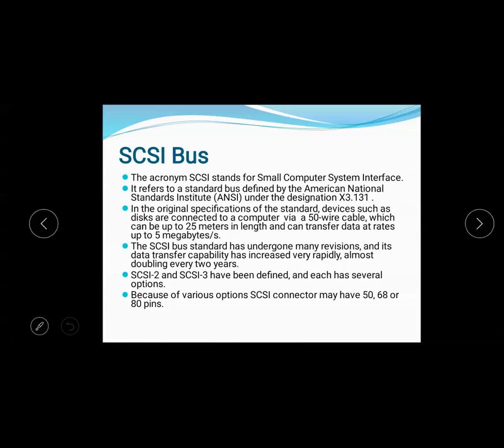It refers to a standard bus defined by the American National Standards Institute (ANSI). The original specification of the standard was for devices such as disks connected to a computer. A magnetic disk is connected to a computer via a 50-wire cable, which can be 25 meters in length and can transfer data at a rate up to 5 megabytes per second.